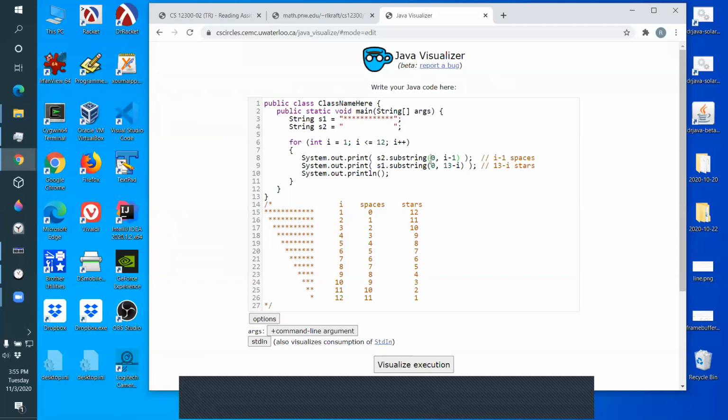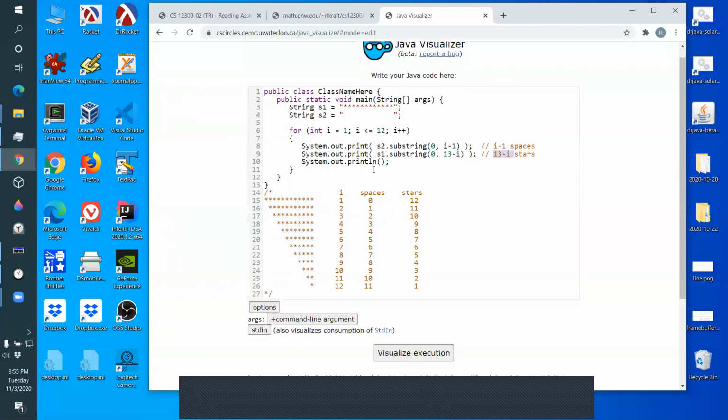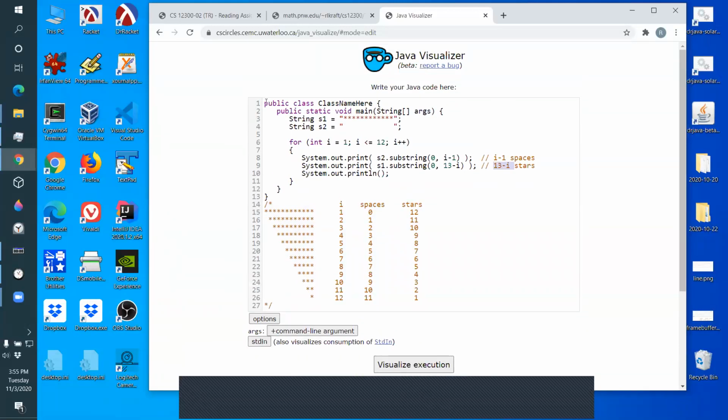Then the hardest part was, okay, what do I do here to get the right number of spaces? What do I do here to get the right number of stars? It's not like I start at the beginning and I type out my code till I'm done. Nobody can do that. It's write a little bit, think about it, try to find a visual aid. In this case, tables like this are a strategy for figuring out how to fill in the blanks up here. Okay, so you solve these problems in a lot of steps, of write a little bit, think about it,